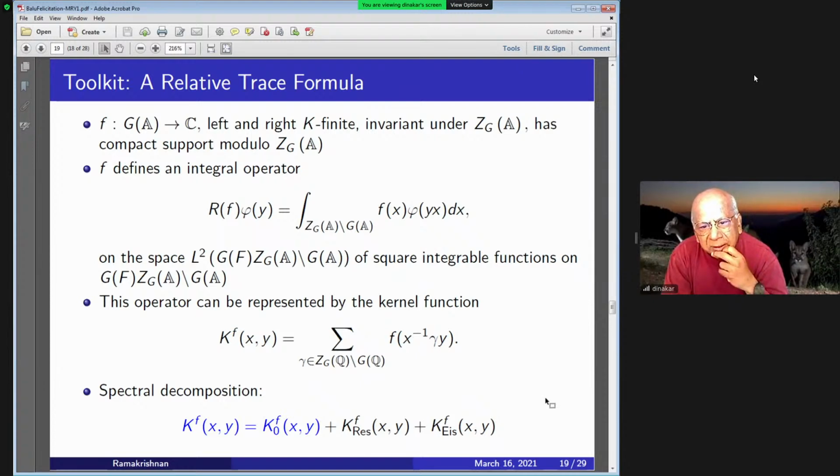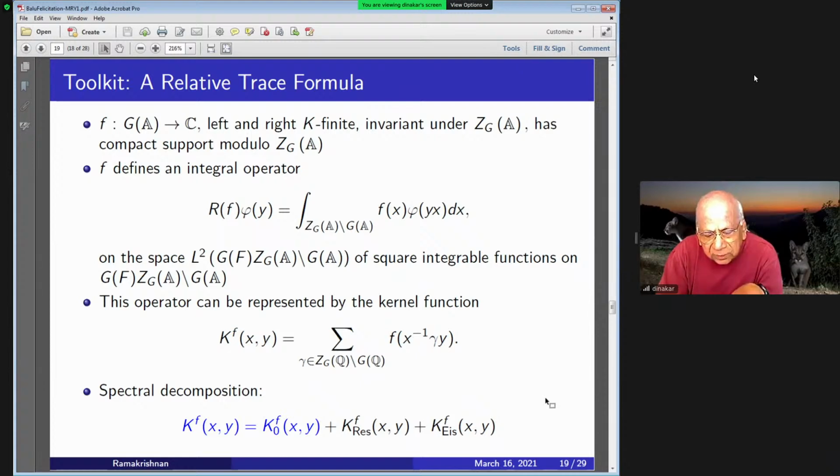It defines an integral operator. I'm going to divide the group by its center because the center is always a big problem. It's kind of like if you have GL2, when you divide by the center, you have PGL2, which is similar, but not the same as SL2. So when you integrate against this function, you get an operator on the L2 space of G mod gamma. Then this can be represented by the kernel function, where you take f of x inverse gamma y,